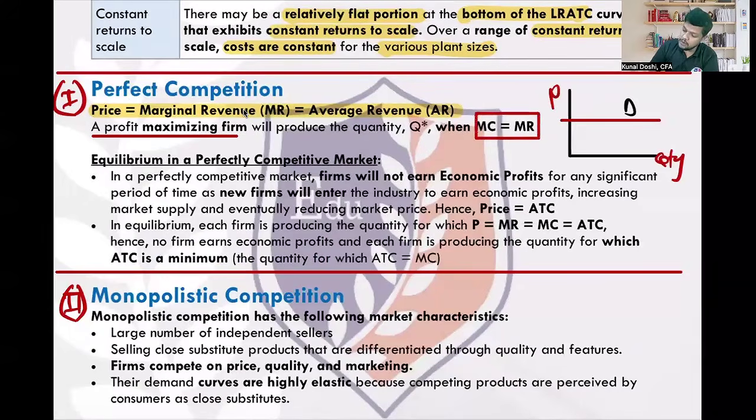Now, this is the most important line in your entire economics, especially this topic. A profit maximizing firm will produce till the point where MC, marginal cost, equals marginal revenue. That is where the profit is maximum. Guys, please remember, this point is the same for perfect competition as well as imperfect, whether it is monopoly, oligopoly, or monopolistic. So in the exam, they say a profit maximizing firm will produce the quantity where MC equals MR. This applies to monopoly, oligopoly, perfect competition, or monopolistic, any form of market structure.